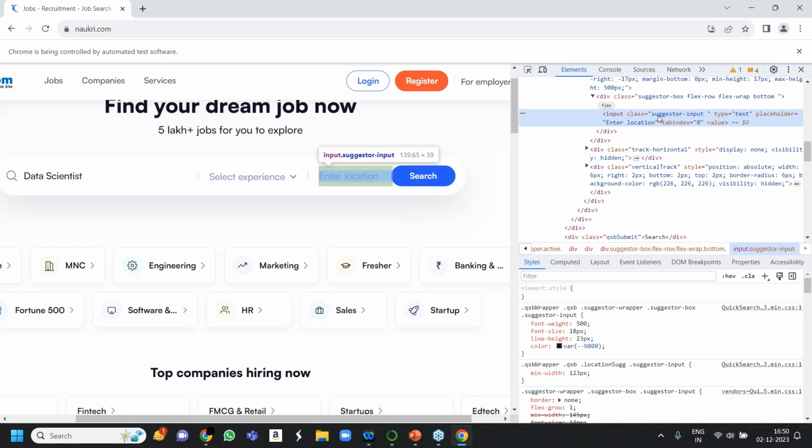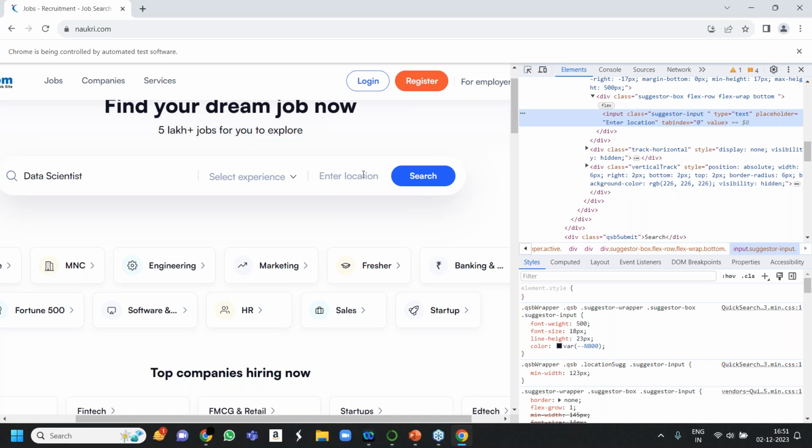I don't have to write Bangalore location; I have to write Bangalore over there only. Absolute. Why? Because it is one element. Perfect. That's what I'm saying.